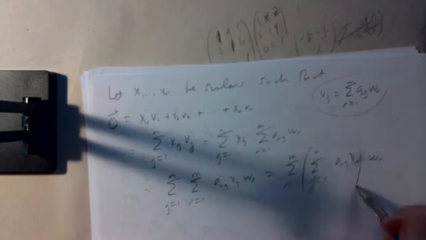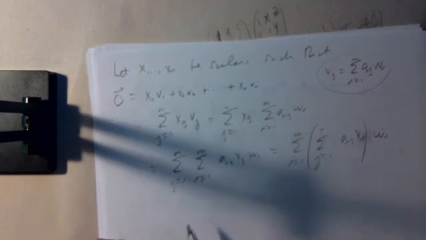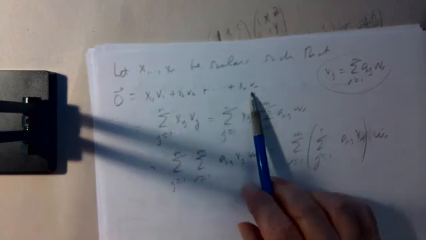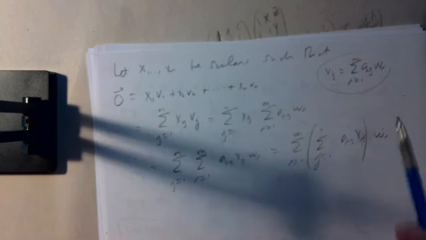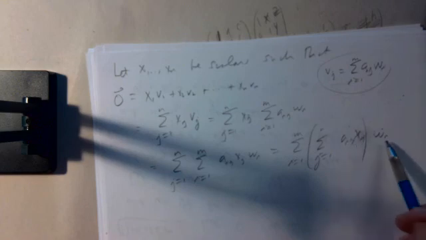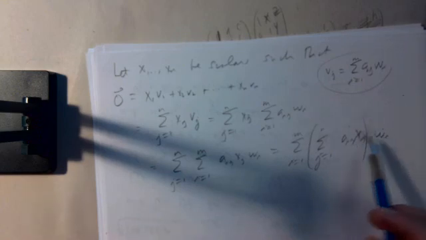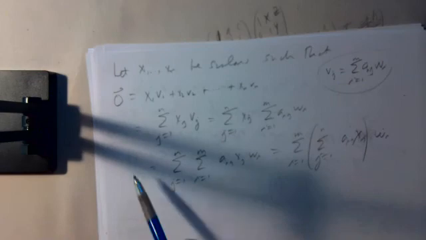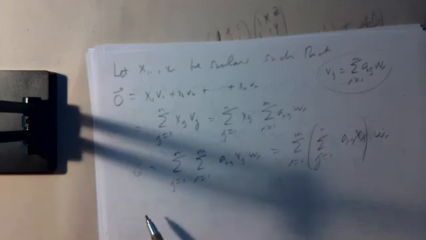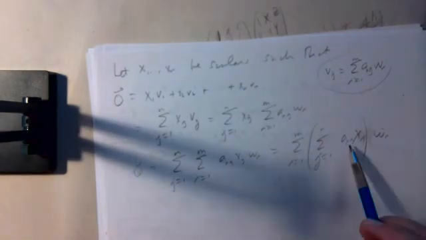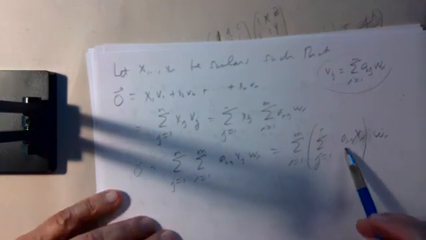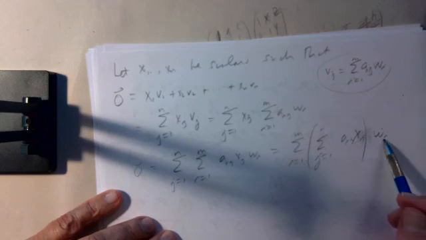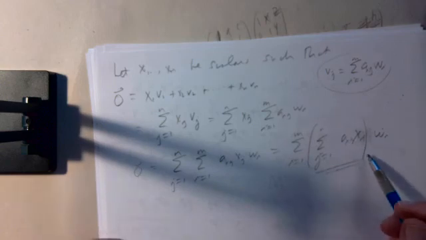I mean, this is a linear combination of the wi's, right? Each v1 up to vn is a linear combination of the wi's. If I take this linear combination, I get another linear combination. And I want to know whether this is the zero vector. Sorry, I want to know whether I can find x's such that this is the zero vector and the x's aren't all zero. So one way to get this to be the zero vector is if all these coefficients turn